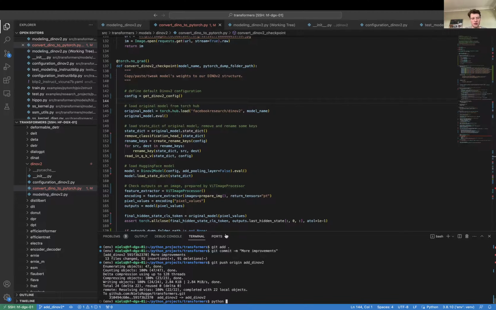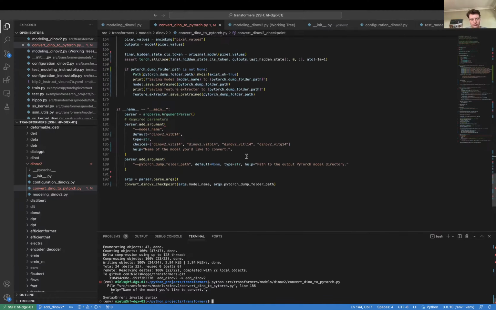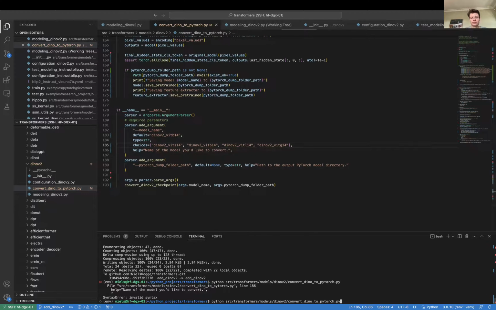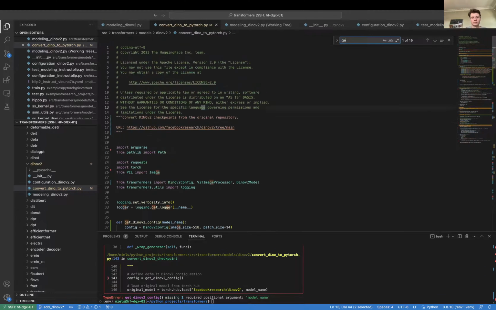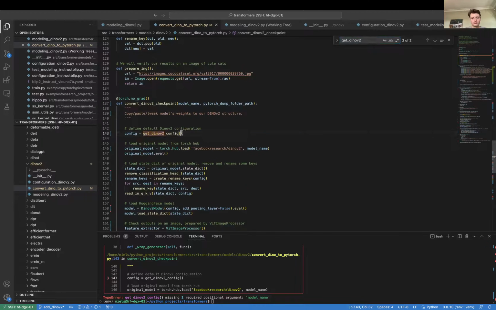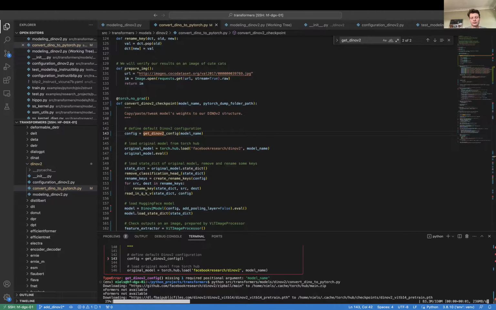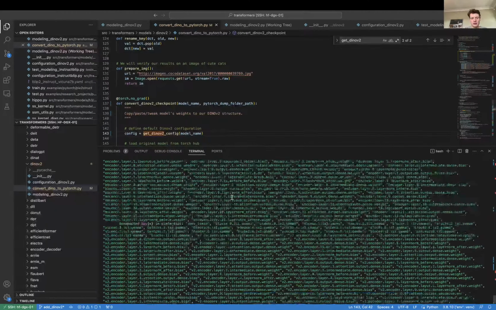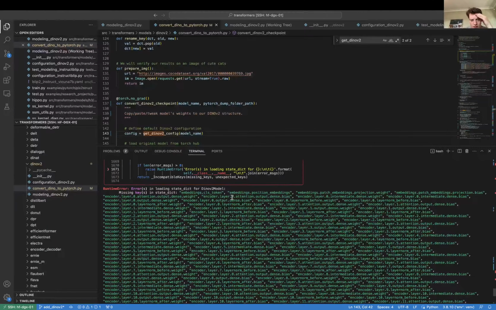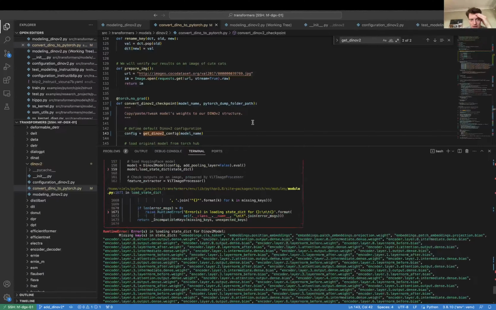Okay, I'm gonna run the script now. So we're loading the original weights from the DINOv2 repository. Bunch of missing keys, bunch of expected keys. Yeah, so